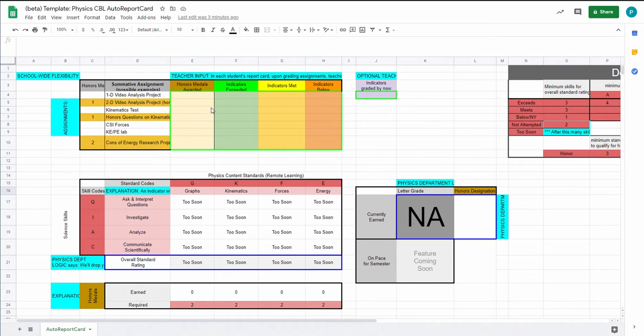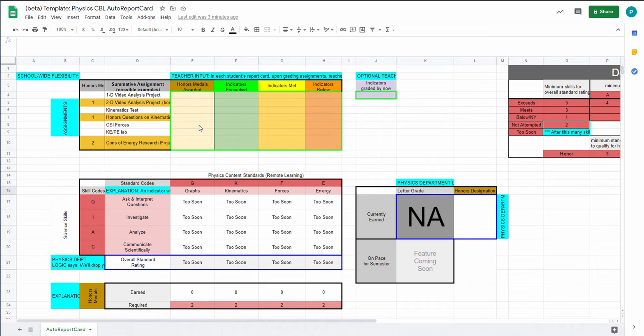So we'll get started. It's been a lot with remote learning. I've got 3 different classes I have to prep for. All of them need to be rebuilt for detracking, implementing competency-based learning, and of course remote learning, and none of that applied to any of my classes before. So I figured the only way I'm going to survive this semester is to automate everything that is humanly possible. So I figured every hour I spent writing this auto report card would pay off 100-fold, and I want to share it with you because I think I'm going to save a lot of time in the long run since we have to do this